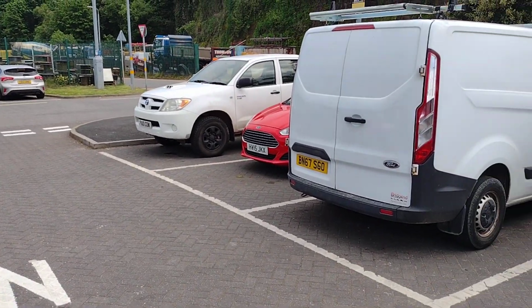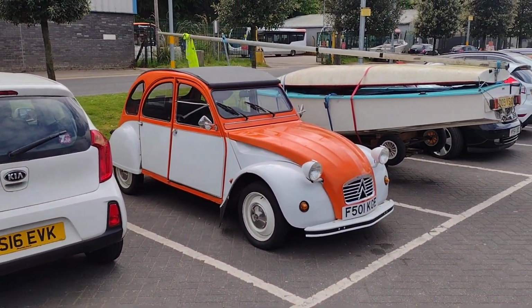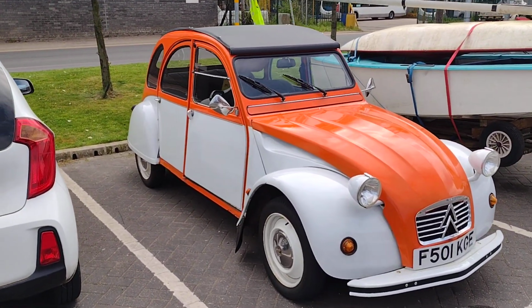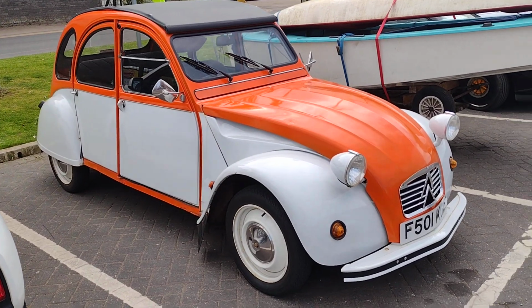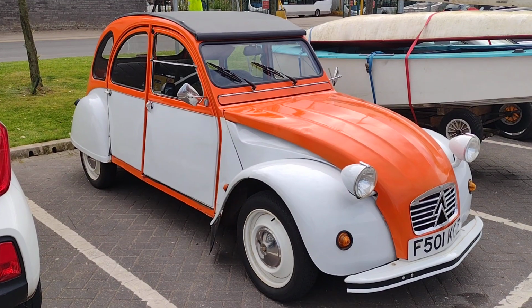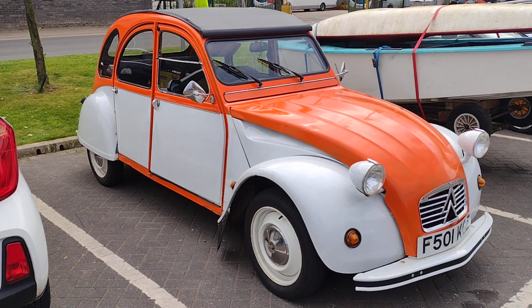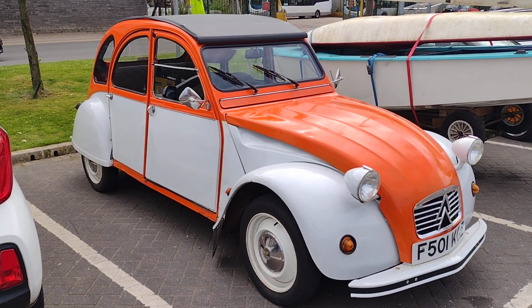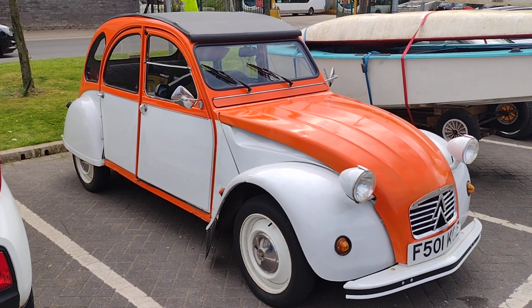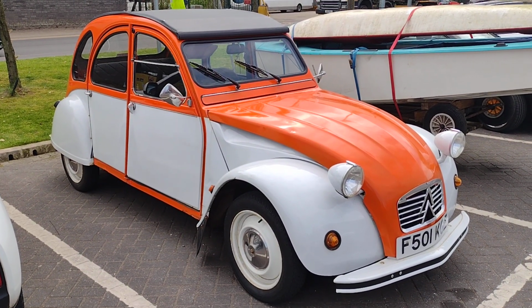and looking at all these cars here, I came across this car, which is a Citroen chevaux. Citroen is it? Probably a different way of saying it in actual French. 2CV. Isn't it lovely? A lovely colourful car. Now, this is a local car, belongs to a couple that live in Corrie. It's always parked in Corrie, and I know the people that own it. It's in nice condition, the paintwork is very bright,